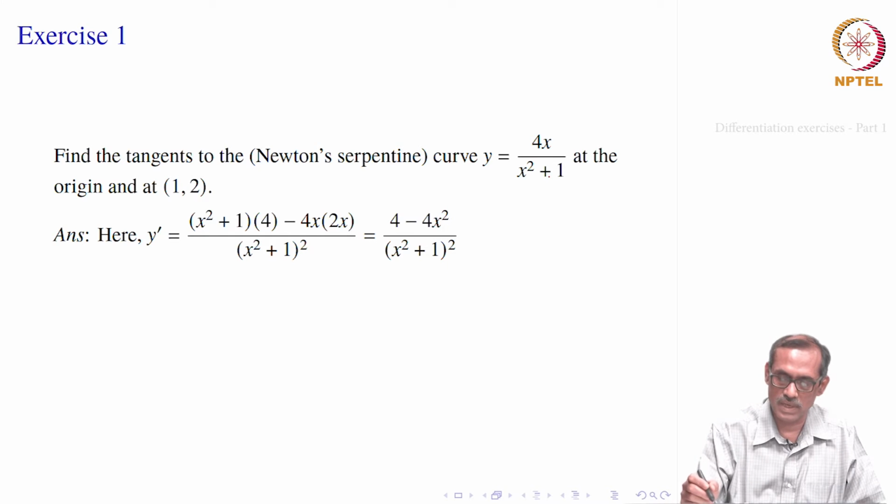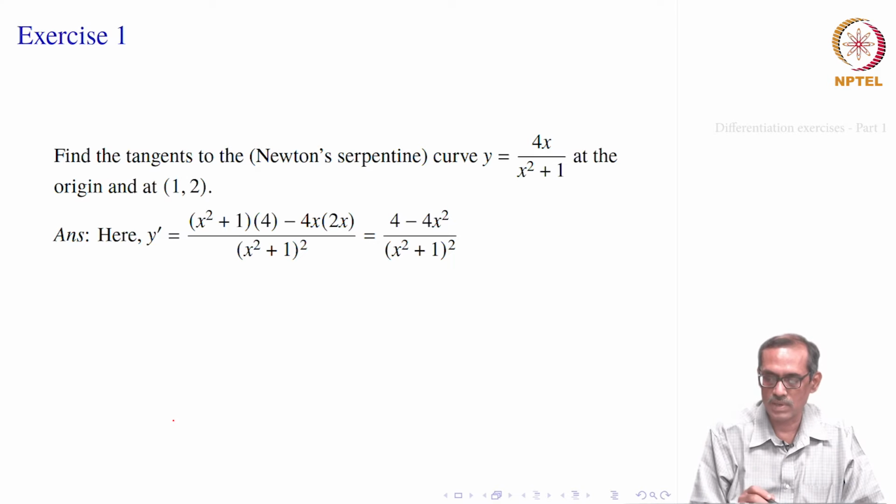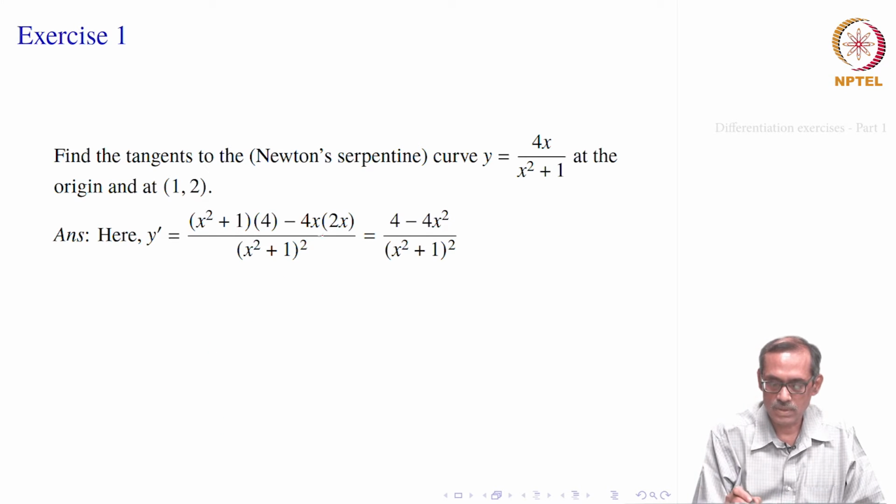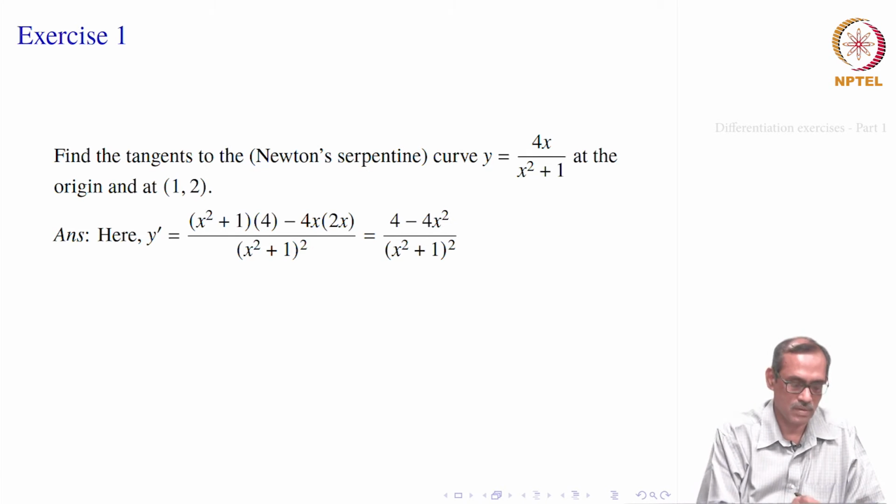So, its derivative will be g x into f prime x minus f x into g prime x, all over g x whole squared. So, g x is x square plus 1, so it is x square plus 1 into the derivative of 4x, which is 4, minus 4x times the derivative of x square plus 1, which is 2x, that is on the numerator, and in the denominator we will have g x whole squared, which is x square plus 1 squared. Then we simplify. So, this gives minus 8x square and this is 4x square, so minus 4x square, and the constant is 4. So, 4 minus 4x square divided by x square plus 1 whole square.